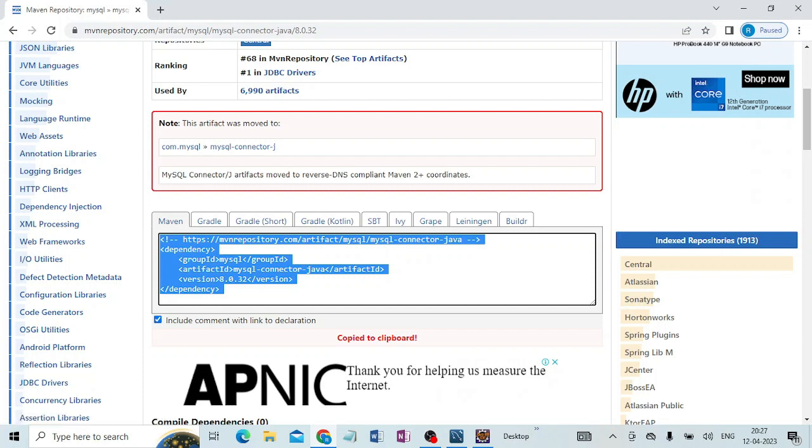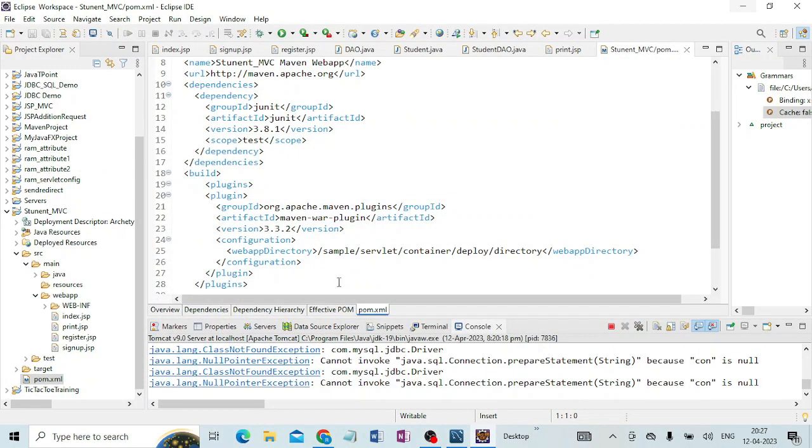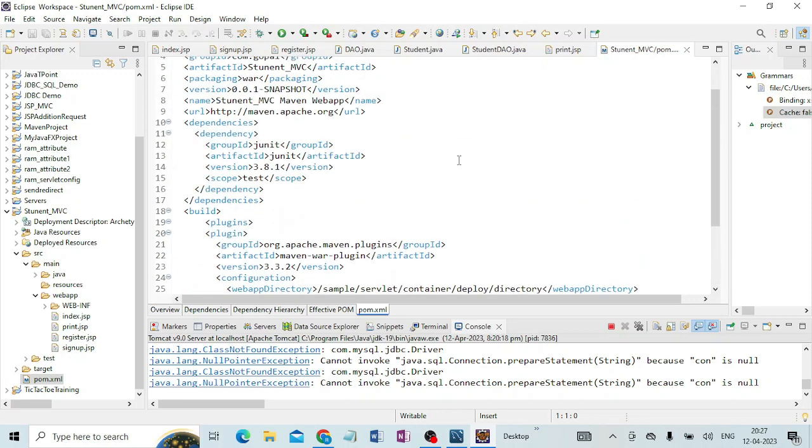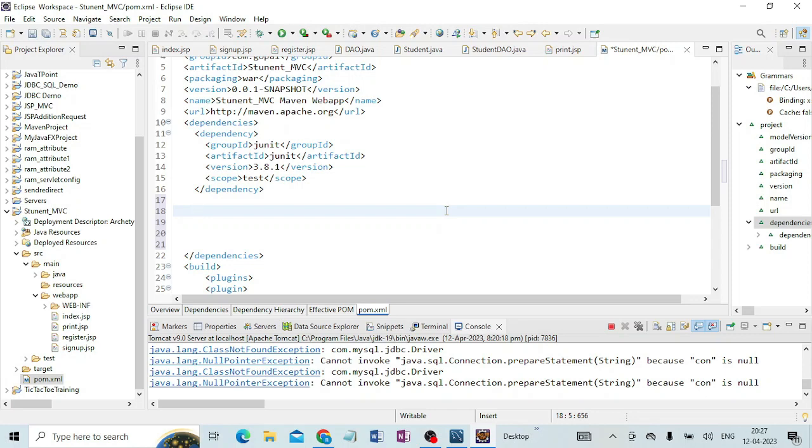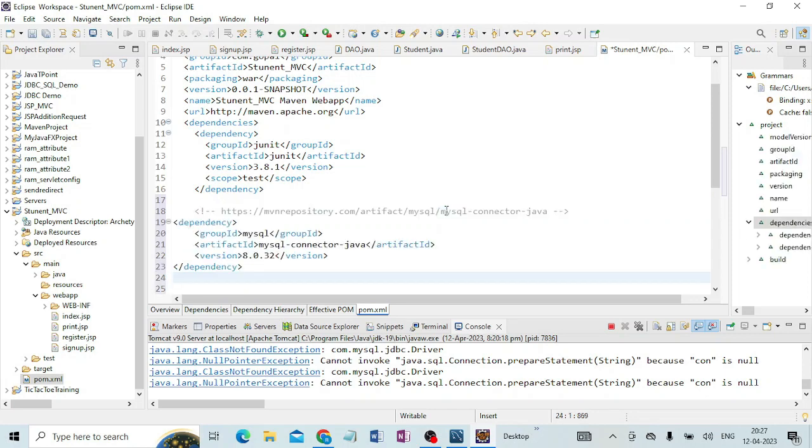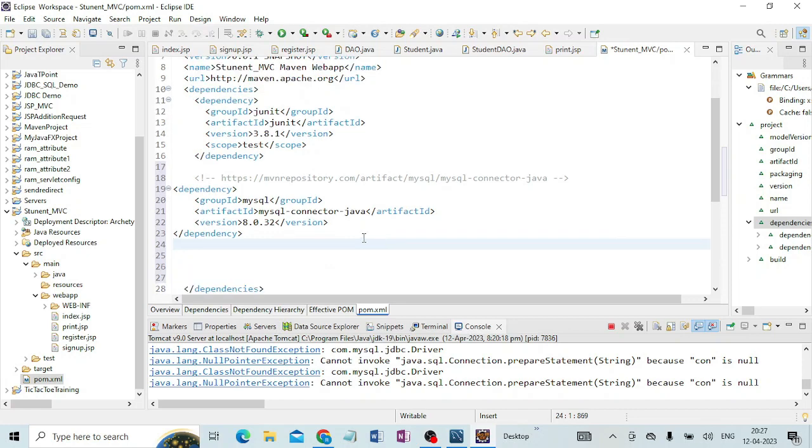Now I am going to minimize this window and I have opened my pom.xml. Here I have to put the dependency. So I put the dependency here. Here I am going to paste the dependency. Always remember that you put the dependency after the closing tag of the previous dependency. Now I save my project, save all, and then I close